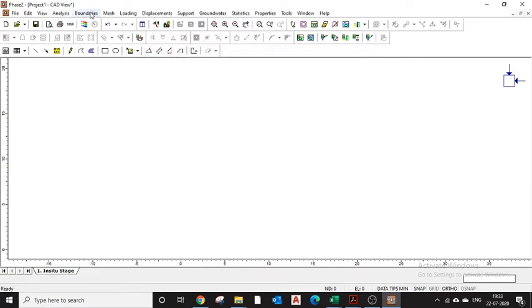Now we'll start with modeling a tunnel, and I will be plotting a ground reaction curve. The ground reaction curve is the basis of modeling. If you are designing a tunnel, then you should know what a ground reaction curve is. Then there are curves like the LDP, which is the longitudinal displacement profile, and then comes the support reaction curve.